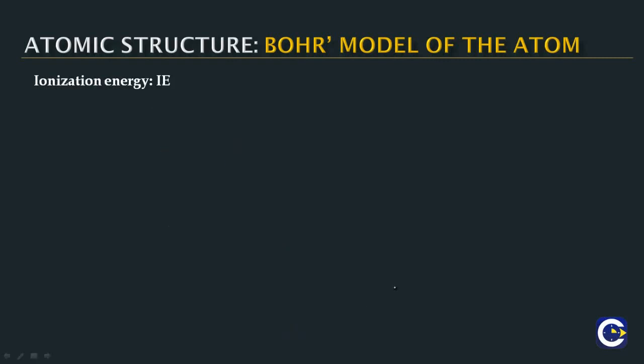Now we'll see that if you look at the energy of the electron in every orbit, the energy will be negative. Let's say for example we talk about the hydrogen atom, first orbit. The energy of the electron in the first orbit of hydrogen will be E1 = -13.6 eV × Z²/n², where Z is 1 since it is hydrogen. First orbit means n is also equal to 1.